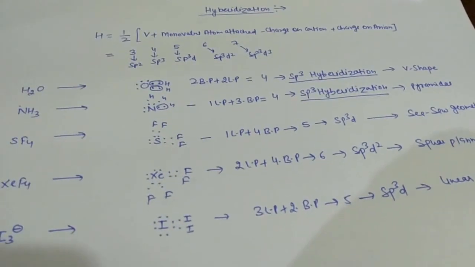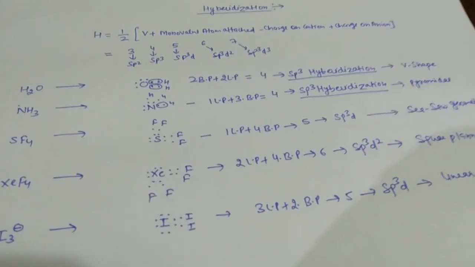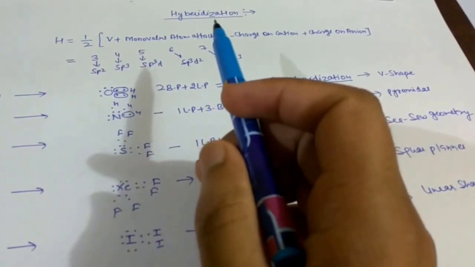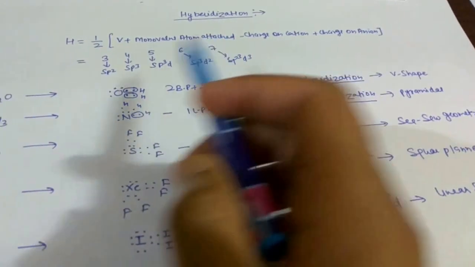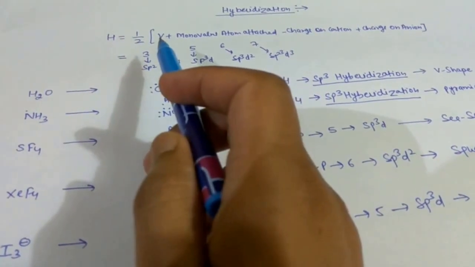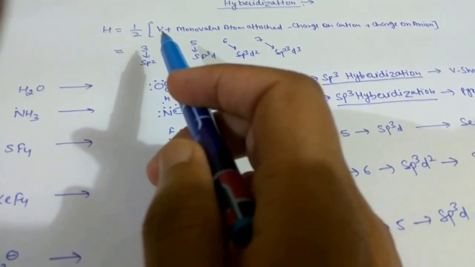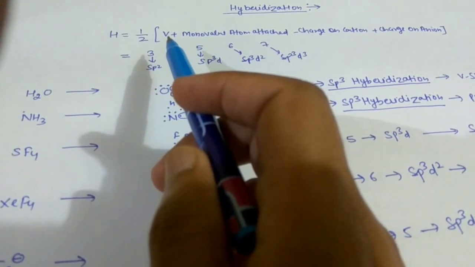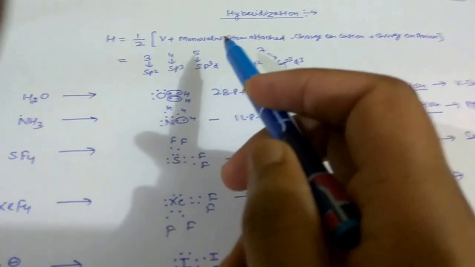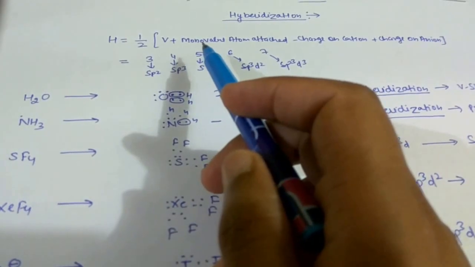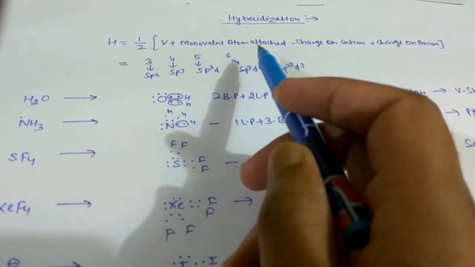Today we will discuss how to calculate the hybridization of any molecule. For the hybridization, one can use different types of formula. The simple formula which we have studied is that hybridization is equal to 1/2 times (B, which corresponds to the number of electrons present in the central atom, plus the number of monovalent atoms attached. Now students get confused with this number of monovalent atoms attached.